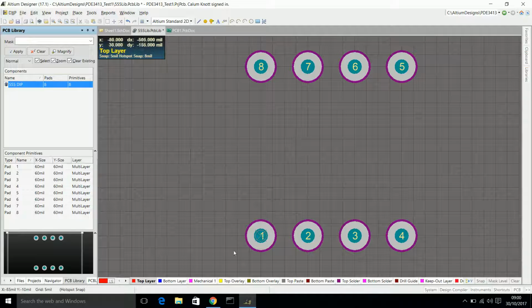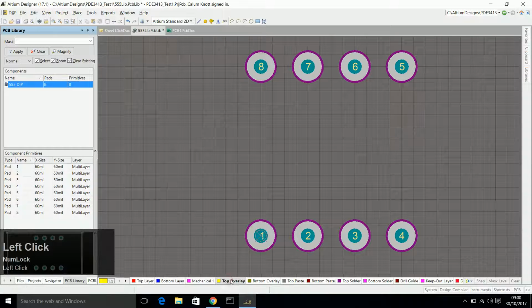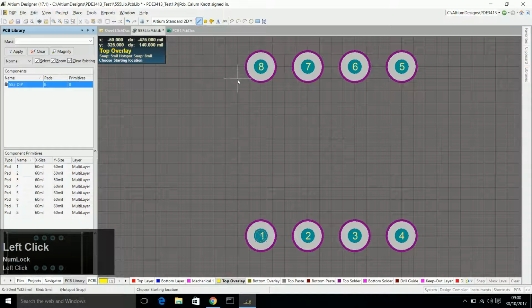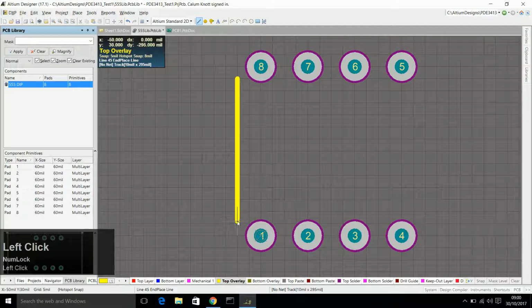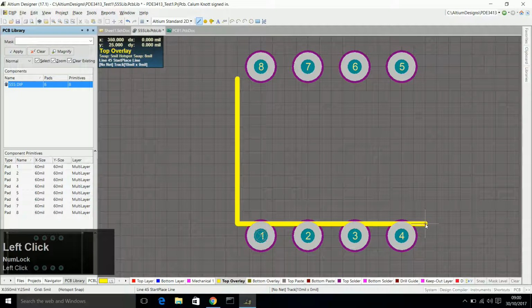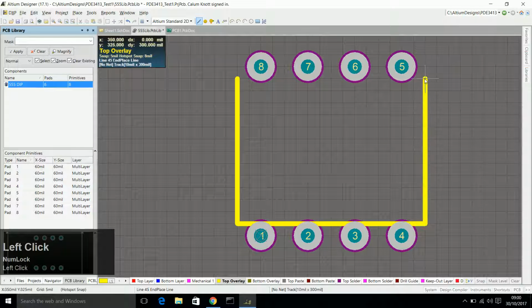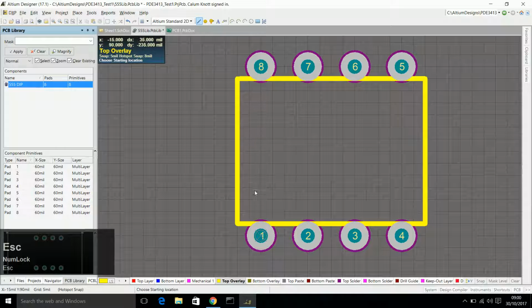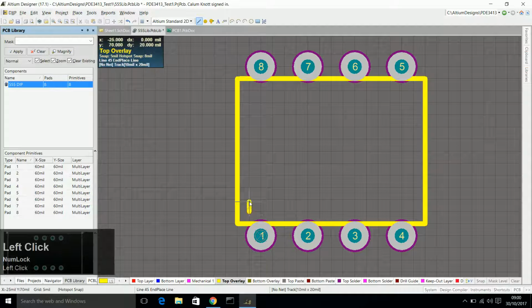The last thing we're going to do is add a little bit of a drawing. So I'm going to choose the top overlay, the line tool, and I'm simply going to draw a rectangle roughly the size of my IC. And I'm going to add a little marker in this corner to indicate that this is the position